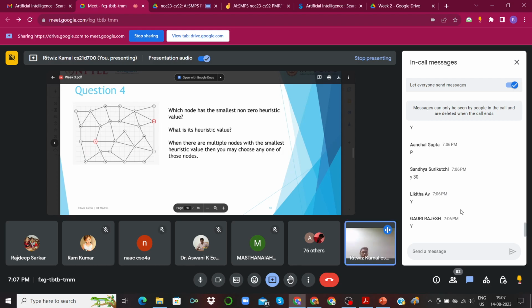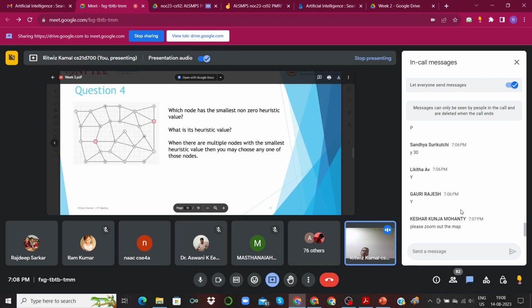Can you specify the exact question that you want to ask? In the last assignment, we are given A, B, C, D, E, F as the states of the 8 puzzle problem, and we are supposed to find H1, H2, H3 and H4. H1 is the number of tiles which are arranged in a wrong position.